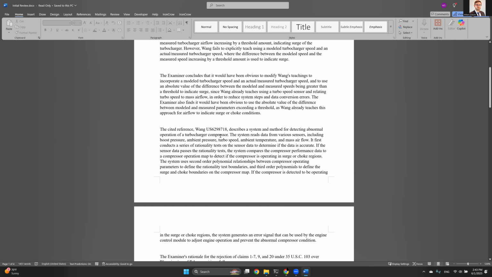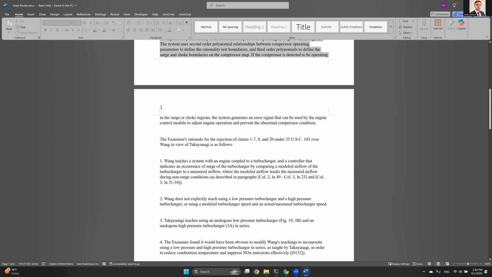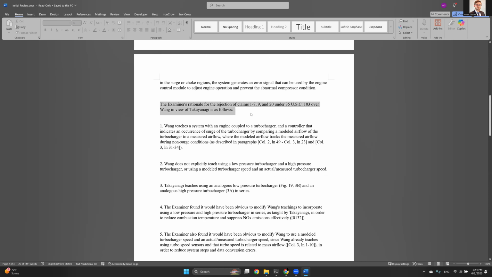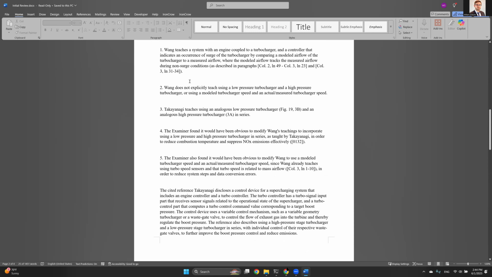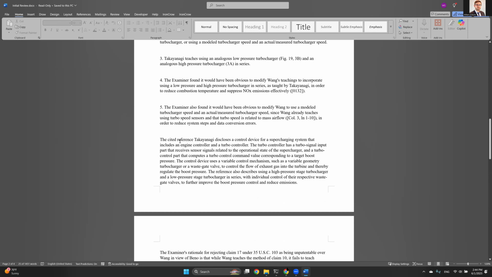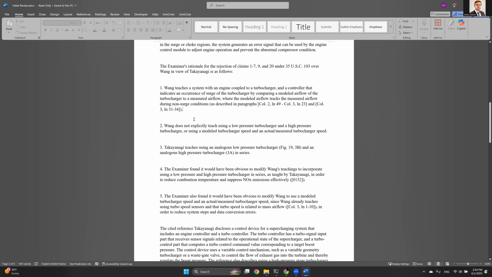And then it will follow that by a summary of the relevant references. So in this case, it's going to summarize the Wang reference. And it will do that for all of the rejections. So we've got a few different, I think, 103 rejections, and it will do that for each. It won't re-summarize every reference. So if I think Wang is used in multiple prior art rejections here, it's only going to summarize Wang once,